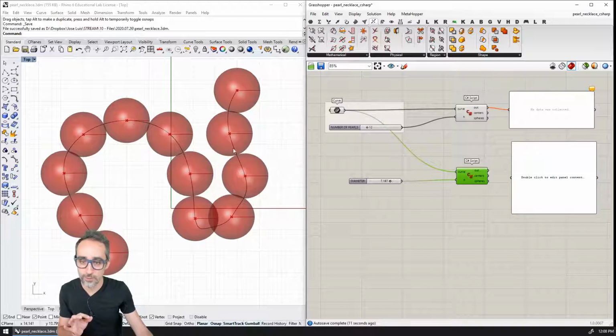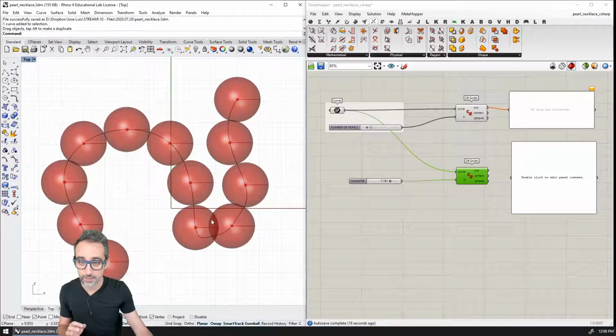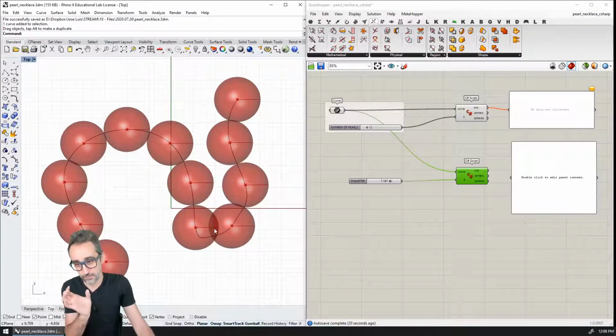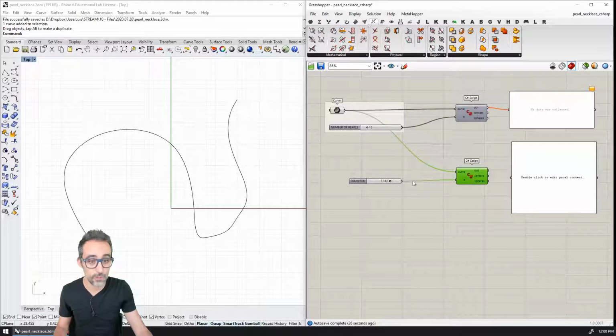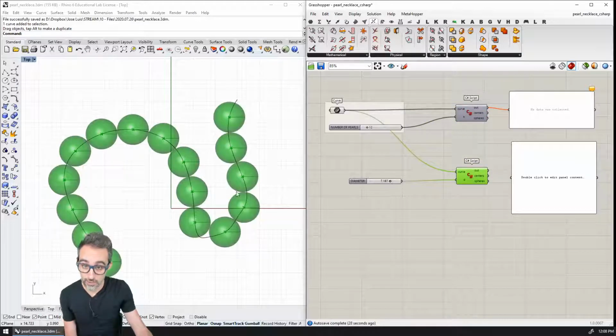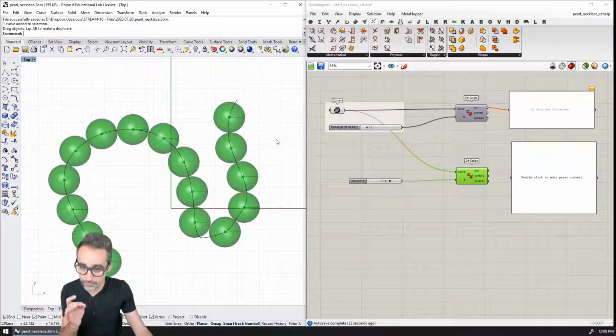because of the algorithm that we're using, we know that the pearls fill all the curve all the way till the end, but in some areas where the angle is very concave, these pearls overlap a little bit. So we've also implemented another version where we can control the diameter of those spheres, and we can control the fact that they are perfectly